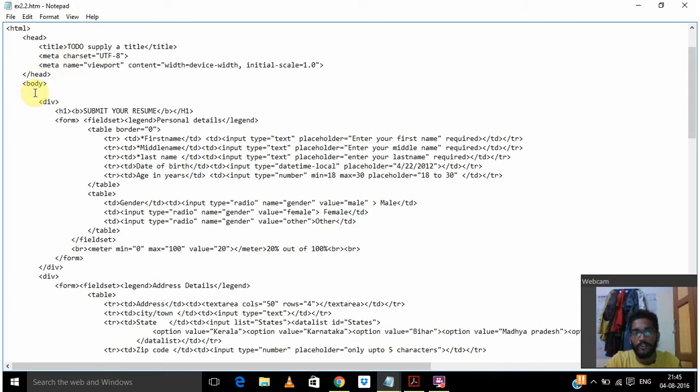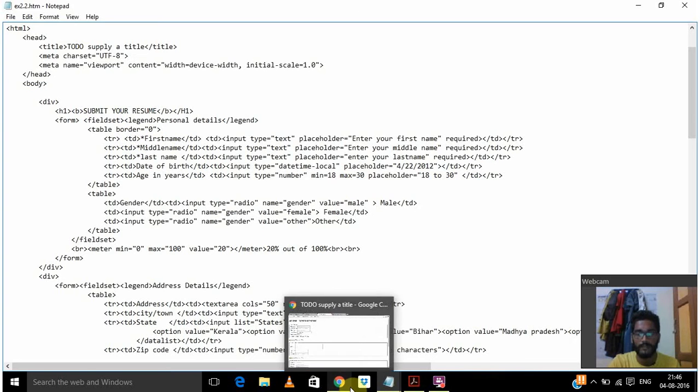And next, moving on to the body, we are creating a div tag, so we can create blocks in the web page. In the heading one, we give the text as Submit your resume, and that is not aligned to the center, it's kept on the leftmost end only. And using the form tag, we can give personal details, and we create a table, a table row, a row, and a column,